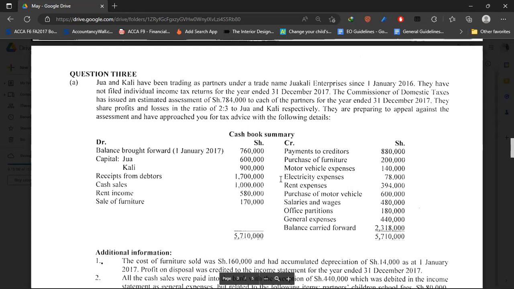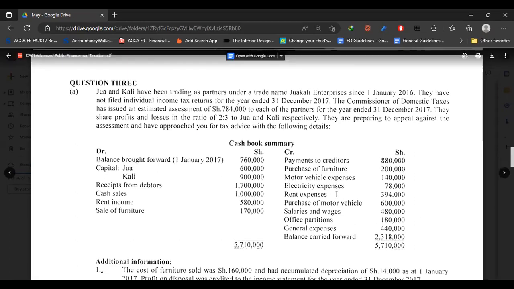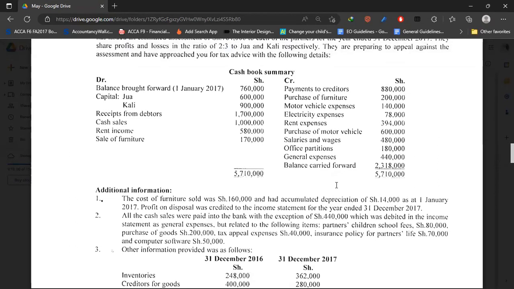On the credit: payments to creditors 880,000, purchase of furniture 200,000, motor vehicle expenses 140,000, electricity expenses 78,000, rent expenses 394,000, purchase of motor vehicle 600,000, salaries and wages 80,000, office partitions 180,000, general expenses 40,000. Balance carried forward 2.318 million. Additional information: the cost of furniture sold was 160,000 and